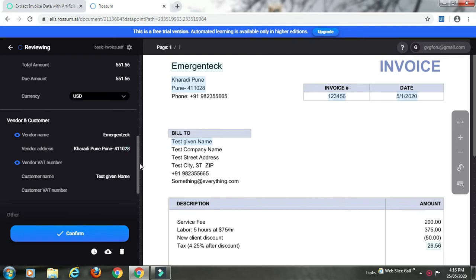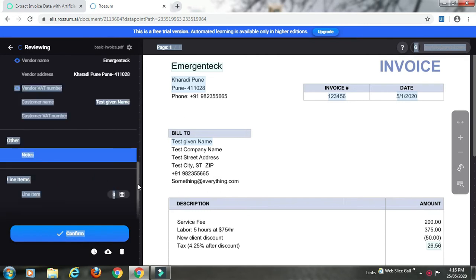If I want this address to be captured in one of the fields, I'll have to identify an appropriate field. Let's say it is notes. Can we capture the customer address in notes field for now, just to understand the example? So, if I want address to be picked up in notes, I will have to create a mapping. For that, what would I do?